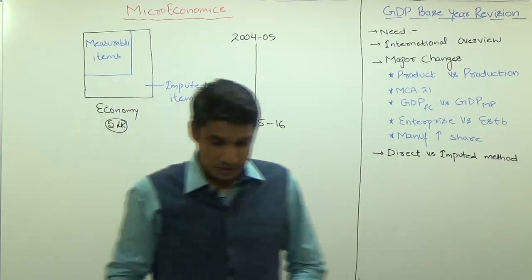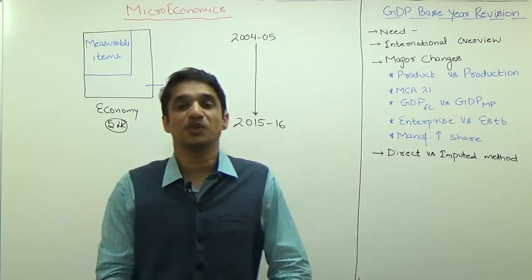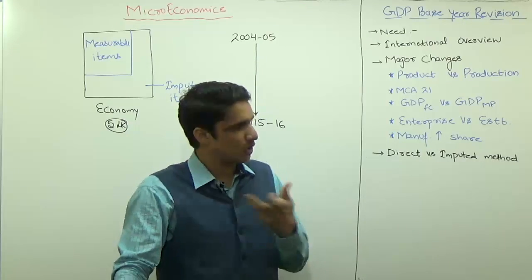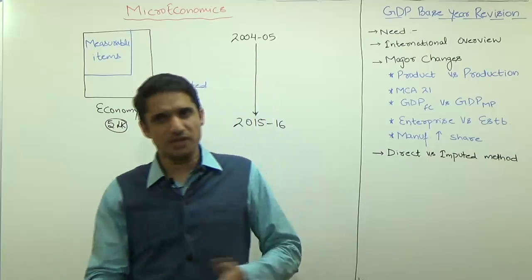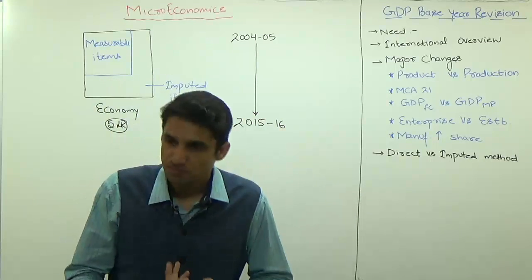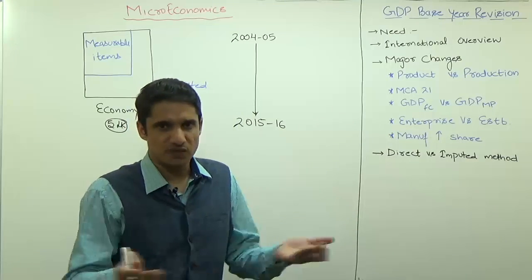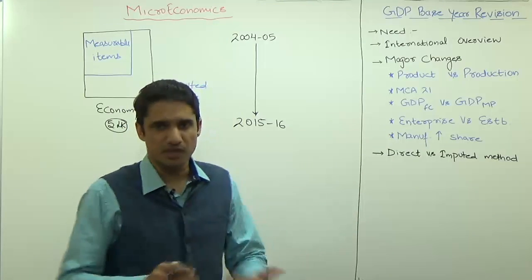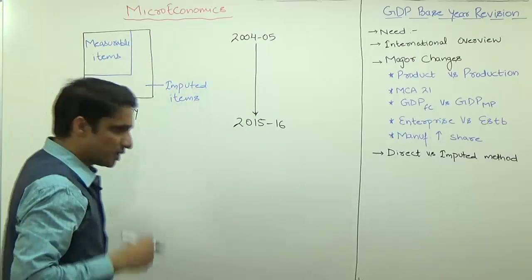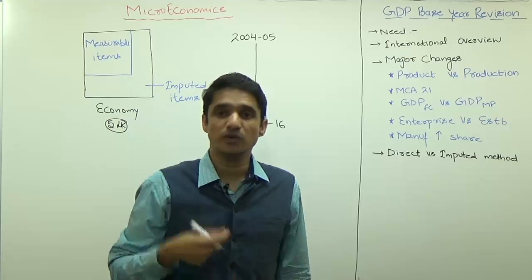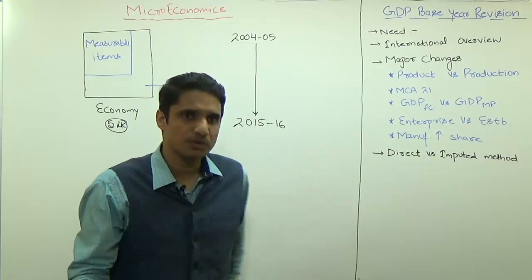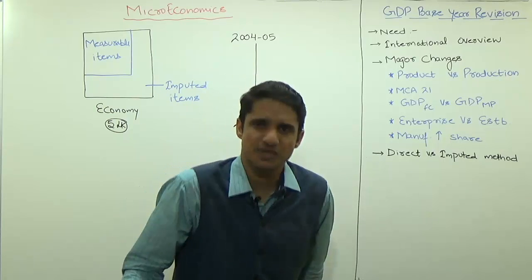which includes the income of a rickshaw puller, the income of a small company, the income of a small shopkeeper, the income of a 5-star hotel, and also the income of the PSUs. So all these things which are being sold are produced somewhere. So GDP is nothing but the money value of all these goods. But the problem is the calculation: how can you measure the income of a rickshaw puller? We cannot,